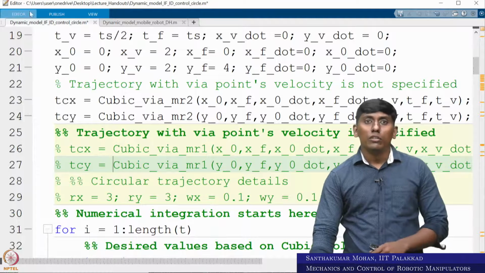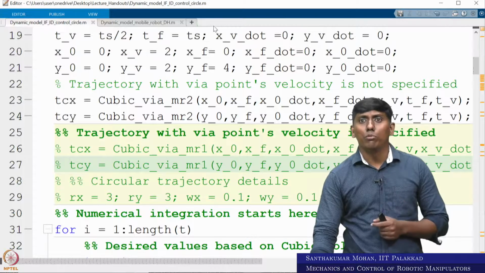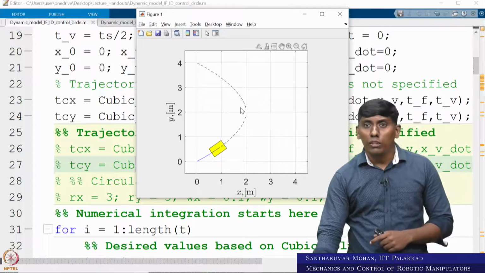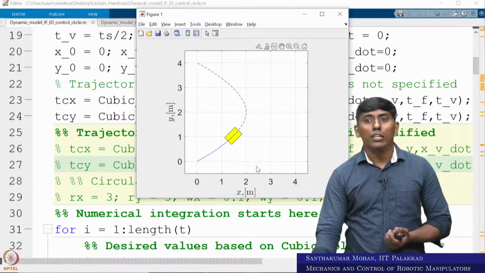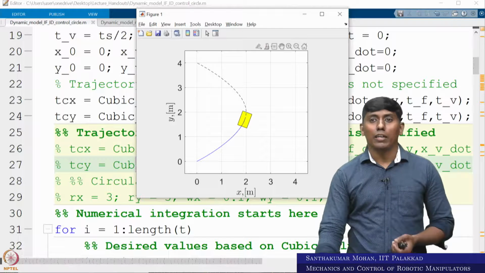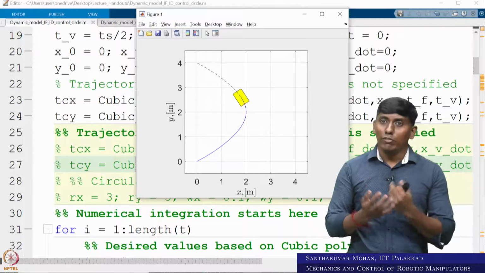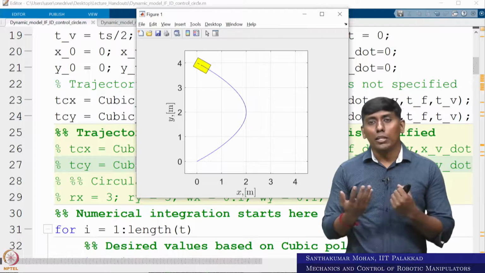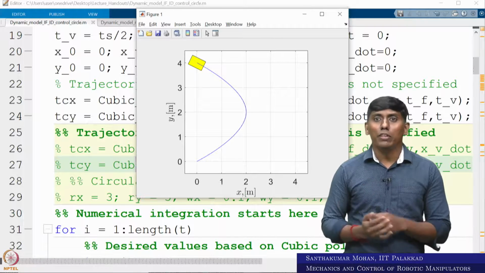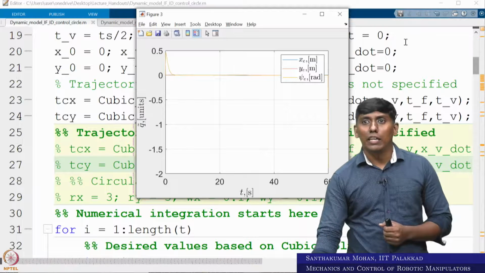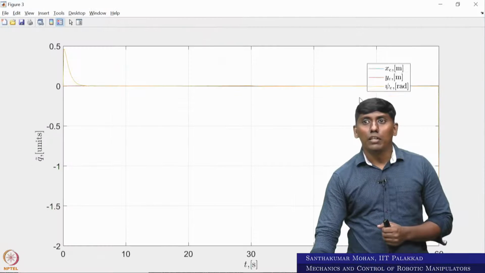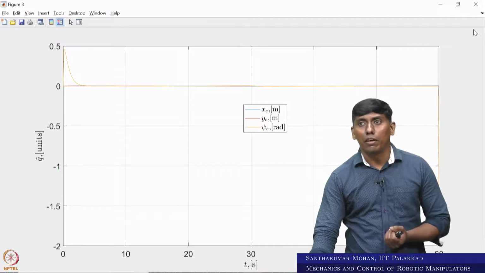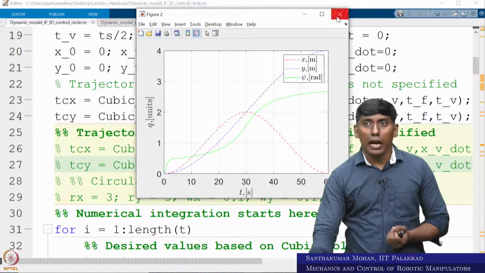Now in that case, if I run, you can see the same via point is maintained, but the profile itself is smooth. The via point is 2, 2, which is fulfilled, but in addition the vehicle is making a smooth profile, right. This is the benefit of the trajectory generation we have done, because in the manipulator it is not very clear, but for the vehicle profile you can see it is very important. Now in the error case it is only one pulse, whereas in the other case there are 2 pulses. So this is the idea.